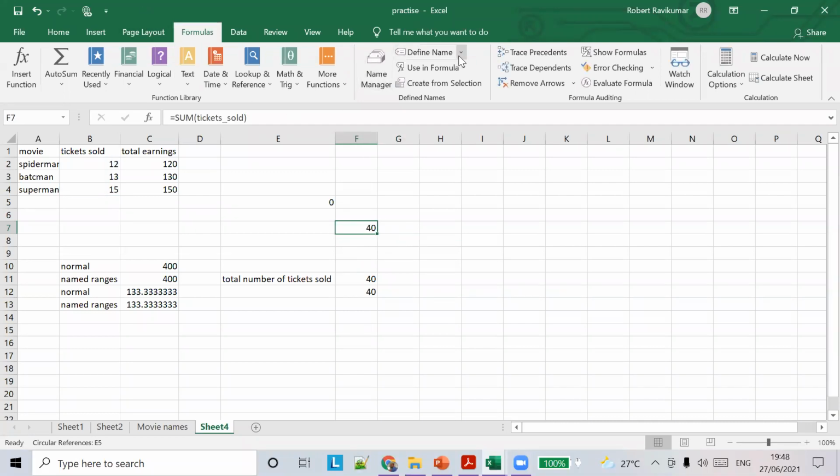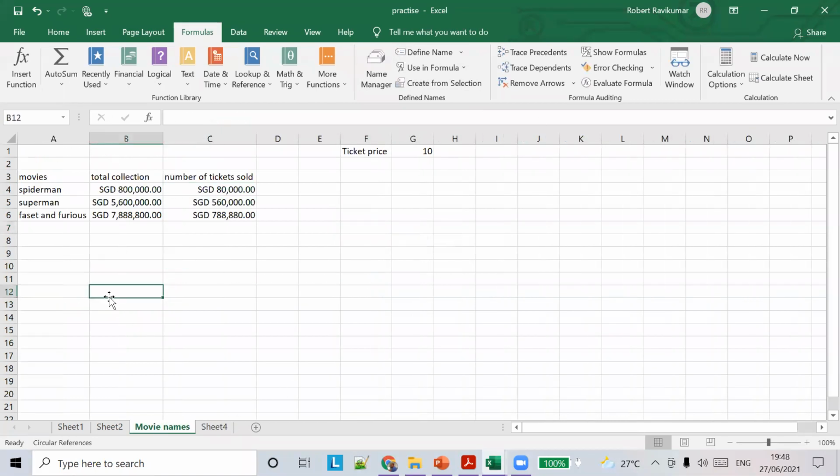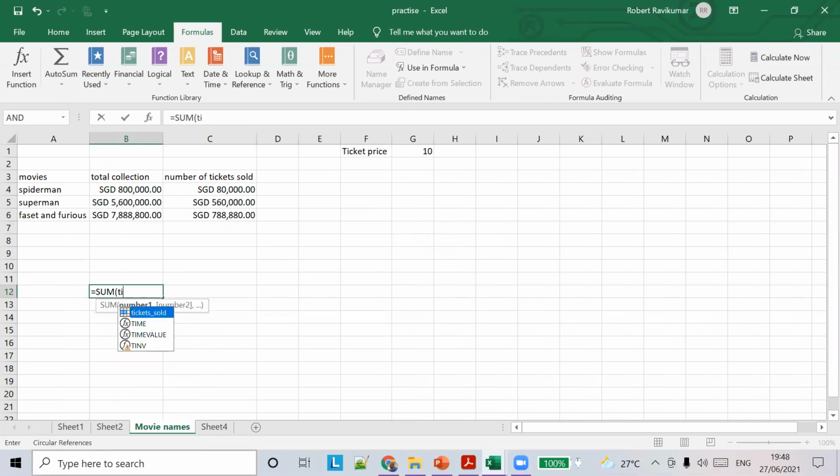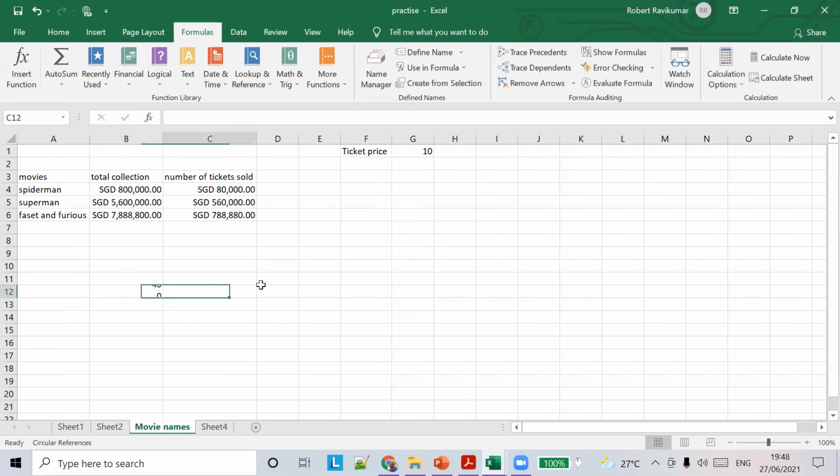This is called a name range. The name range is nothing but a range, but it has a specific name. We have assigned a specific name so that we can refer to it anywhere else. So even if you want to show it here, sum of tickets sold, we don't have to write complex things.